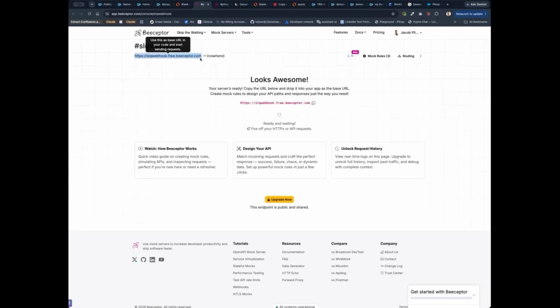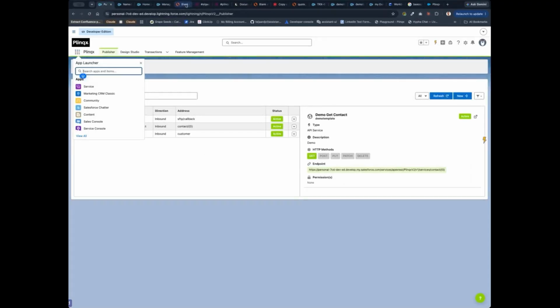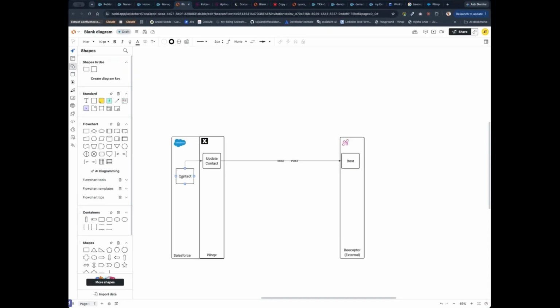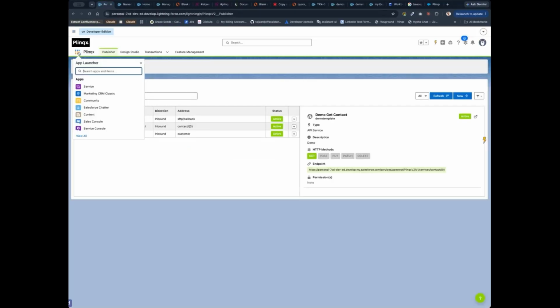Remember the analogy of the home, right? So this street, that's my API address. Now, back to my requirements: if a contact is updated, I need to send something. There are a few ways we can do this in Salesforce itself. You can use a screen flow if you want to and build that into your screen flow. But what we're going to do is just use a